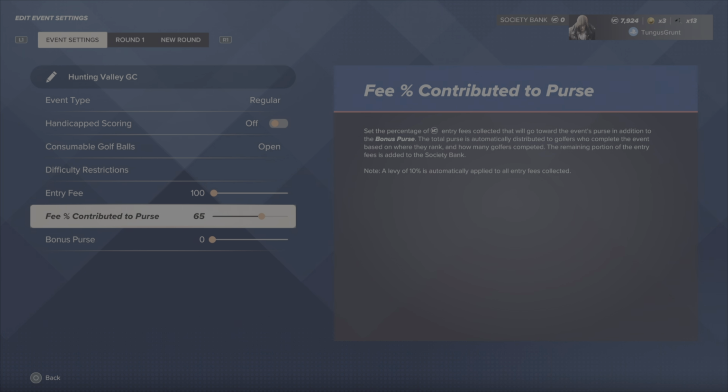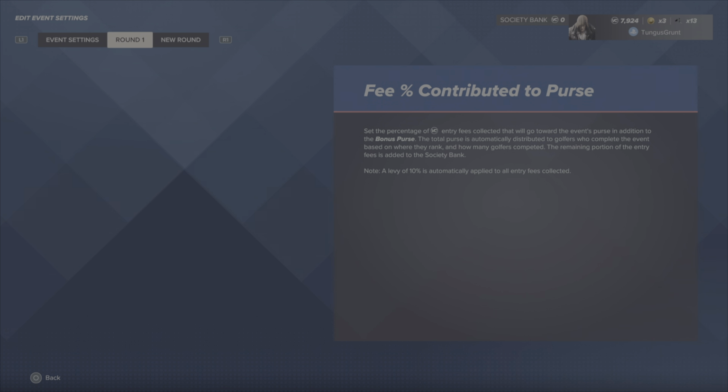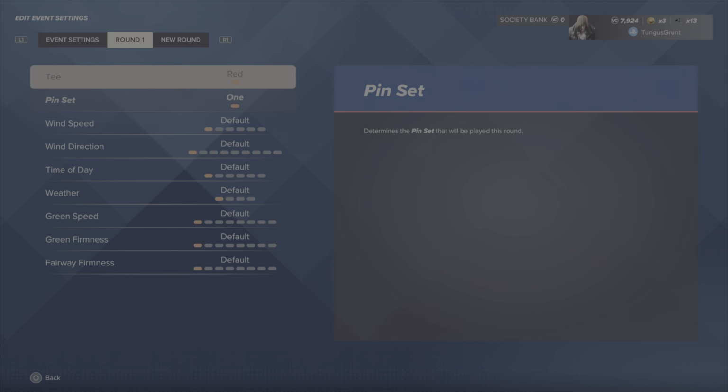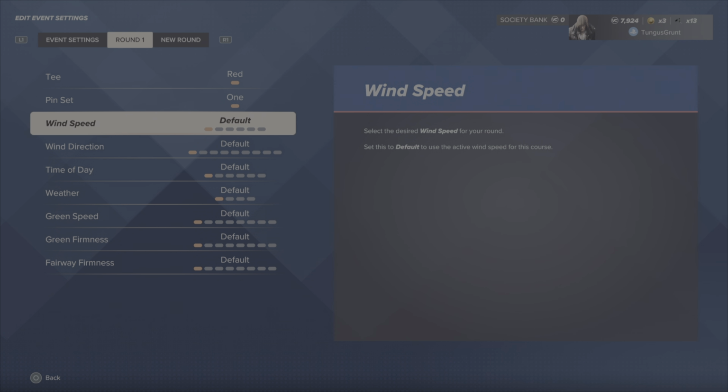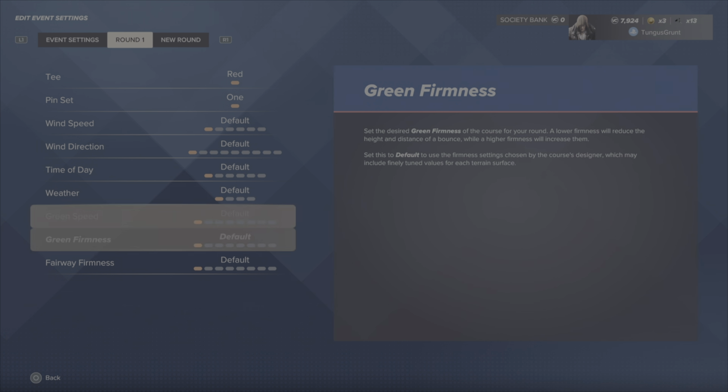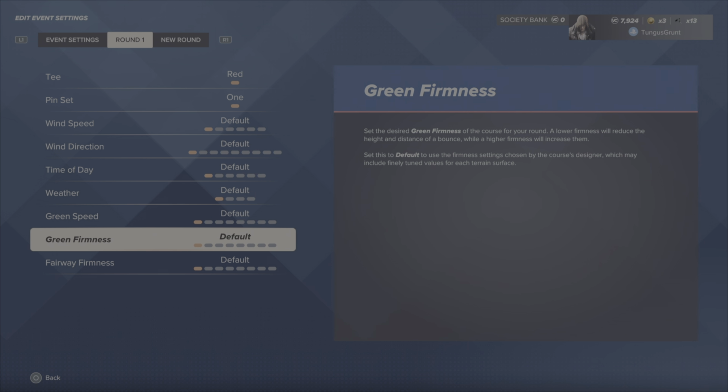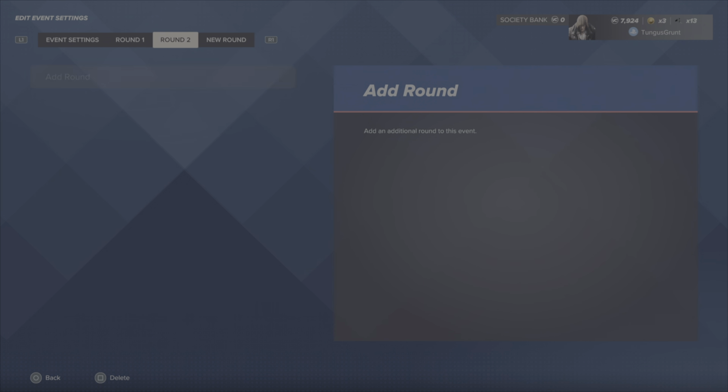So you could set it up like that. Then you click to round 1. You'll pick your tees, your pins, your wind, your weather, green speeds. So you can modify all this to make it as easy or as difficult as you want. And that's round 1. If you want more than a 1-round tournament, then you go and click on Add Round,